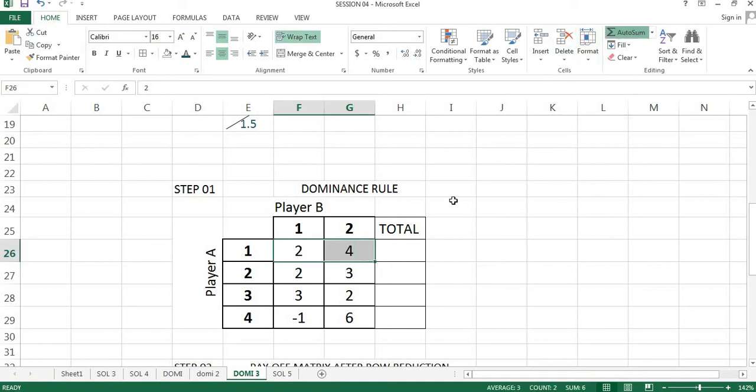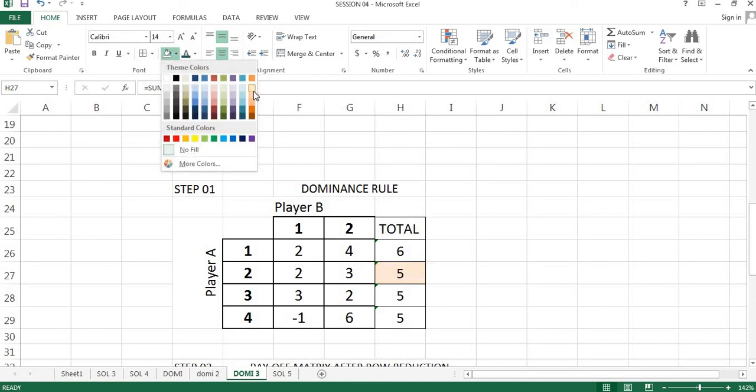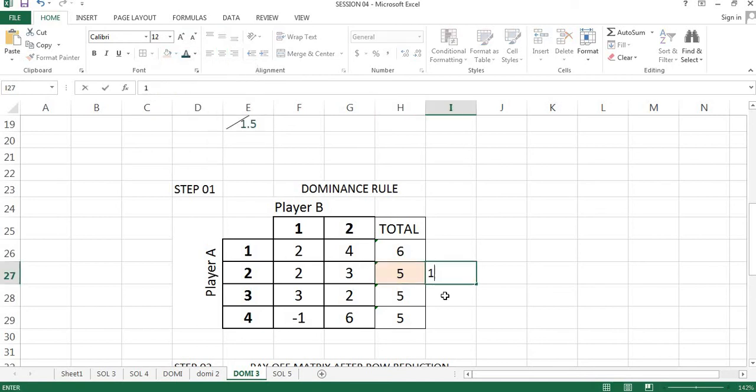So take the total. Okay, so we have got the total, where for rows the least value, lesser than or equal to, is accepted. So the lesser value is 5 over here. We can select whichever 5 we want. So let me select the first one. Let me highlight this. Okay, this is my first selection.